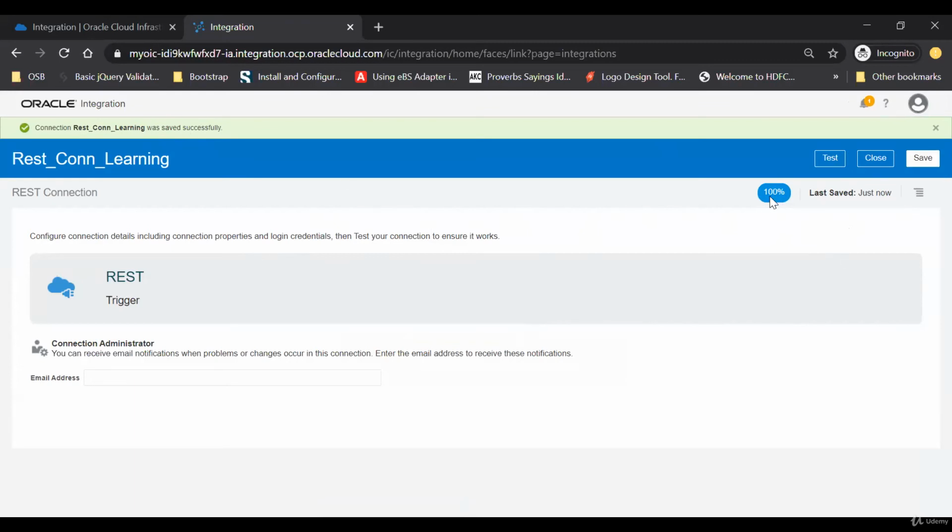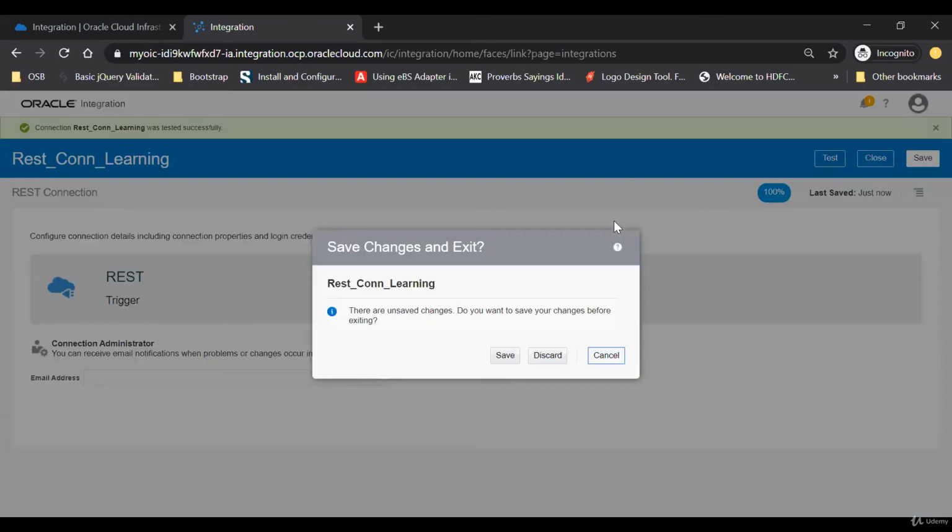Now here you see the bar as well. If it is showing 100%, it means the connection is ready to use. Now just click on test. Now your connection has been tested. In this particular connection, it has not asked for any detail, because we have selected the role as trigger. When I select invoke, I will show you this later as well. When I select invoke, it will ask for different details. For the time being, let's close this connection,